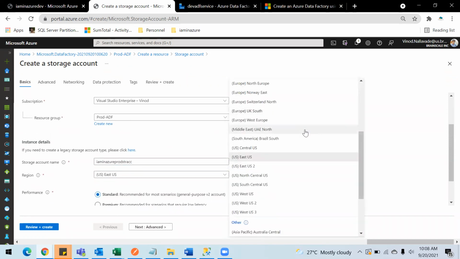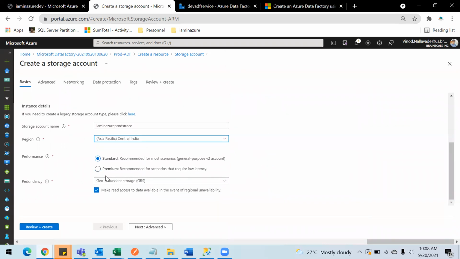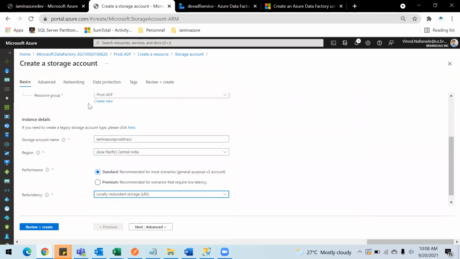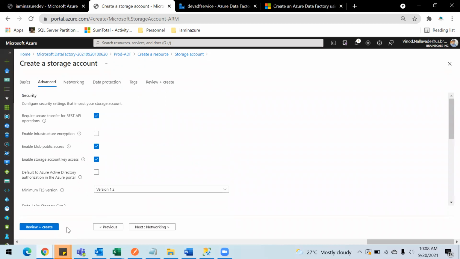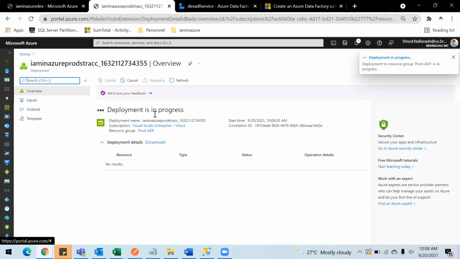Then the region. Keeping the rest of the things to be default, I'm going to create this. Okay, so this will initiate the deployment for the storage account inside this resource group.